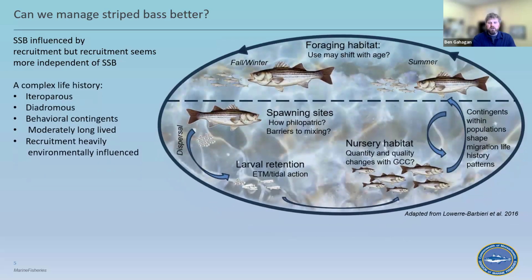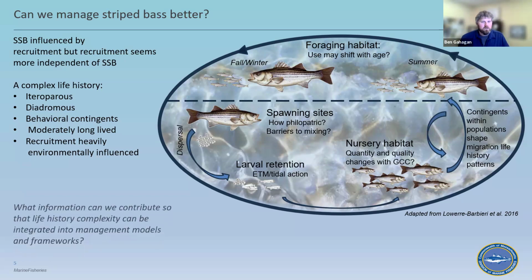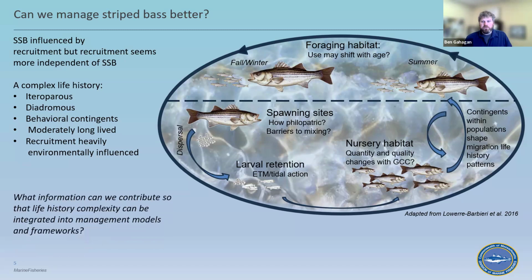Given this reality, plus the ever-growing human coastal populations impacting estuarine nurseries and added stressors from global climate change, management models that incorporate resiliency, like this one adapted from a 2016 paper by Susan Lovern Barbieri et al., make increasing sense. So, as well as contributing to data deficiencies in the striped bass stock assessment, I would say that we should also be thinking about making the tools and collecting the data that will help us manage for resiliency in this population.